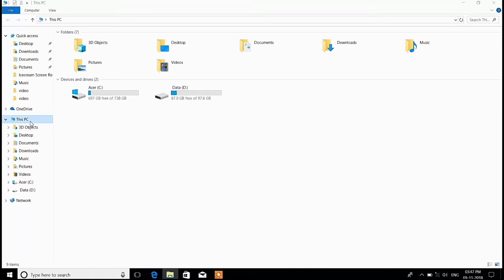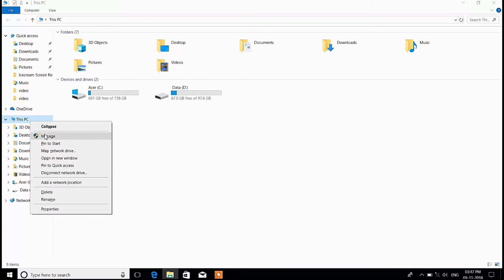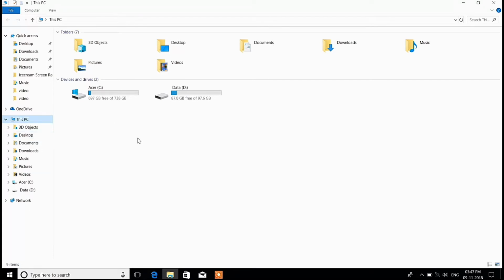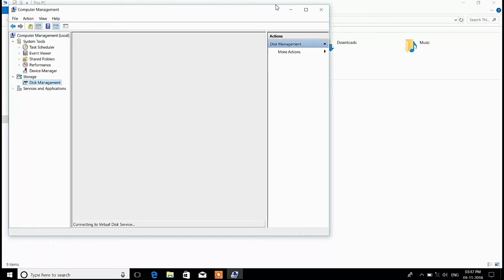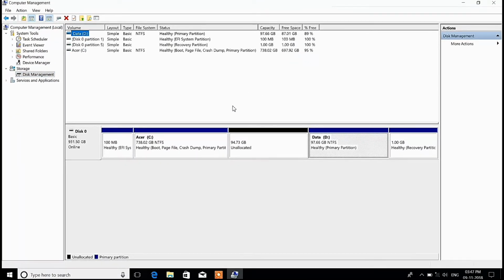Go to This PC, right click on it, go to Manage, then go to Disk Management. Okay, now you can see here the black part which is unallocated. You have to just right click on it,